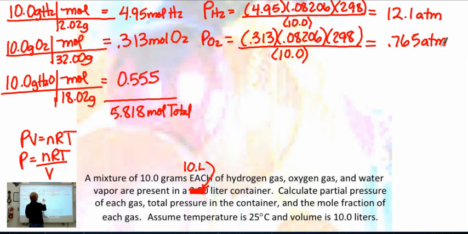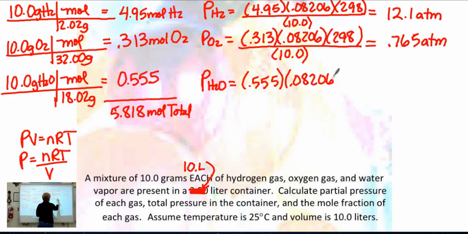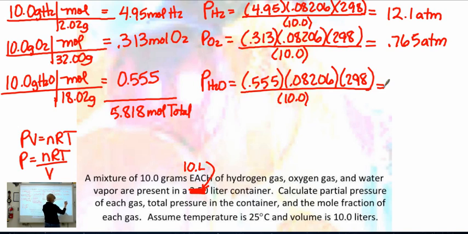And then finally, my pressure for the water vapor is equal 0.555, 0.08206, 298, again divided by 10. So my pressure of the water vapor is 1.36 atm. My total pressure, I can just add that up, and I get 14.2